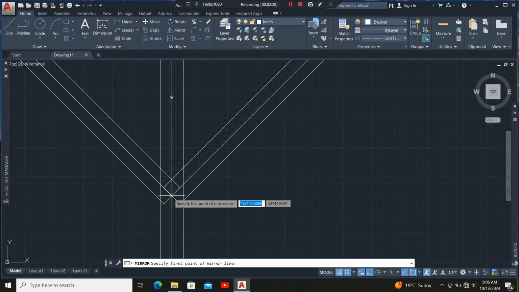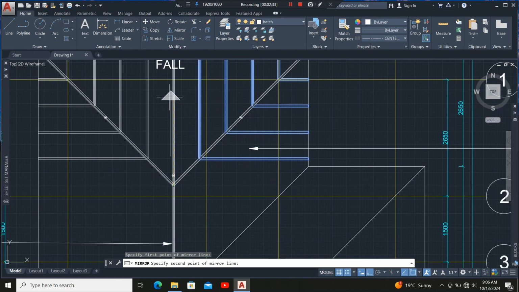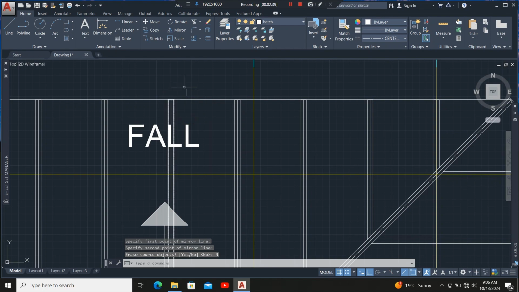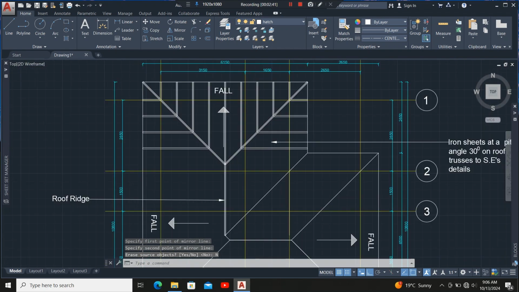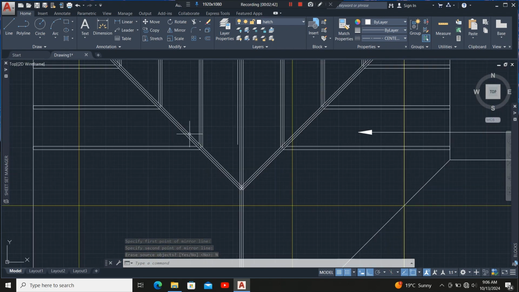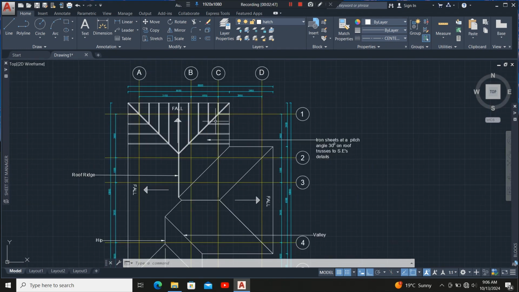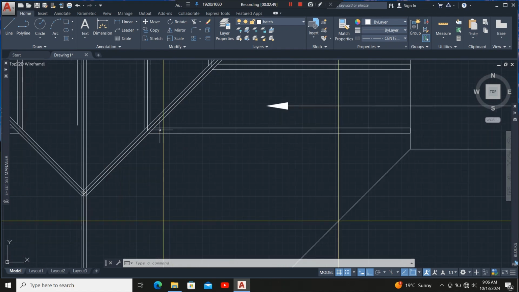Then I'll place my cursor at this point. Then I'll simply drag it up to that point. Then I'll press no. So after that, you see that I have rafters this side and this side. Okay, so